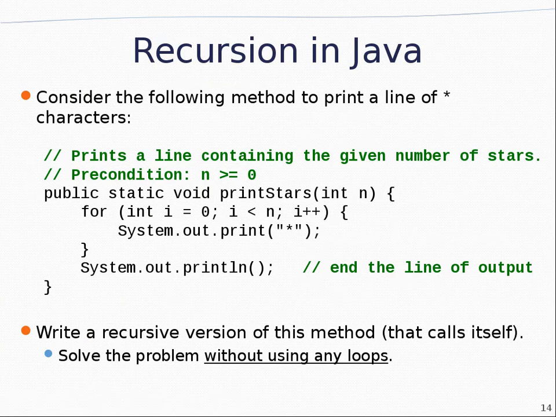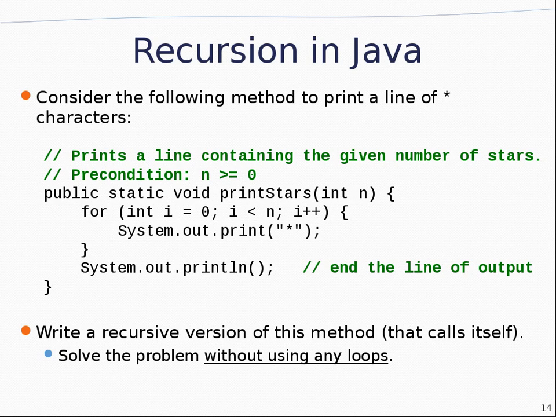I'm only doing it this way to help you understand how recursion works. Obviously, you would not want to write a recursive function for print stars. I'm just trying to give you an example so you can understand how you can take your loop and basically transform it into recursion. So the idea here is that you have print stars, and what is this function doing?